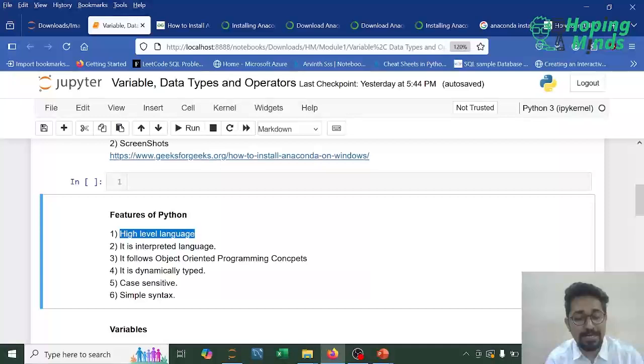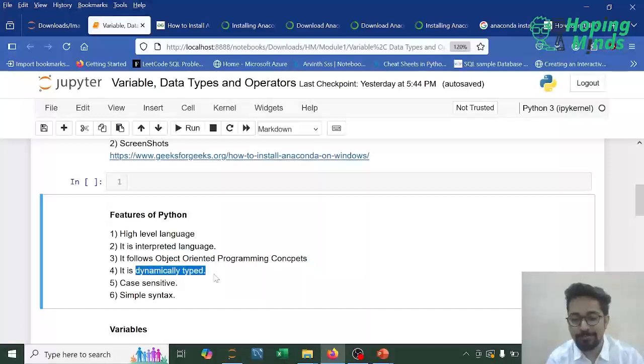It is an interpreted language which simply indicates that the code gets executed line by line, and it follows object oriented programming concepts, utilizing which we can implement concepts such as class, object, inheritance, polymorphism, abstraction and encapsulation,